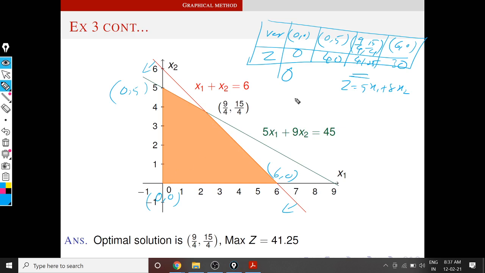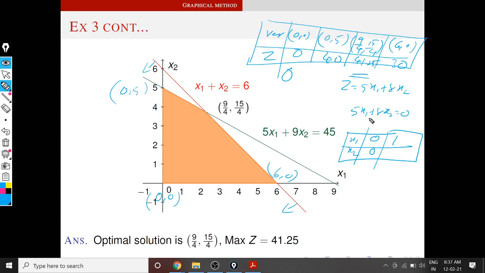You can also find this optimum by drawing the cost function. For example, you can draw the cost function 5x1 plus 8x2 equal to 0. Then what about the straight line? This is x1, x2. When x1 equal to 0, x2 is also 0, so this is passing through the origin. And when x1 equal to 1, then what about x2? x2 is equal to almost